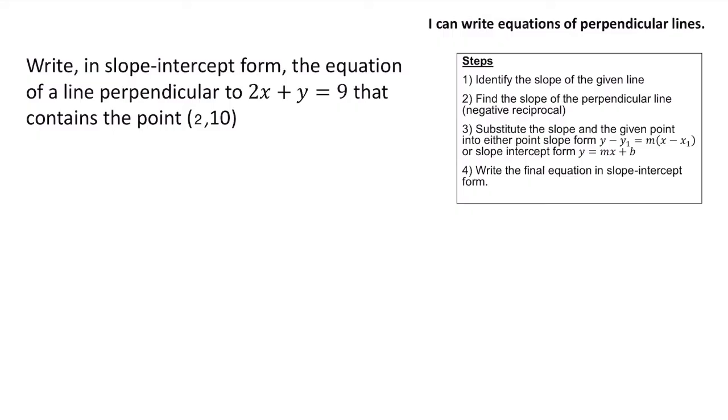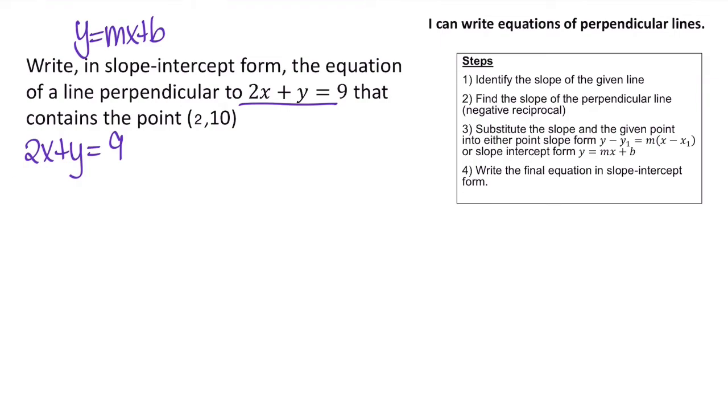So now let's write in slope-intercept form the equation of a line perpendicular to 2x plus y equals 9 that contains the point 2, 10. So normally we can look at this equation and figure out the value of the slope. But this is not in slope-intercept form, right? In slope-intercept form, if it's in y equals mx plus b form, we can look at the equation and figure out the slope. Well, so this equation, we need to rearrange it so that we can figure out the value